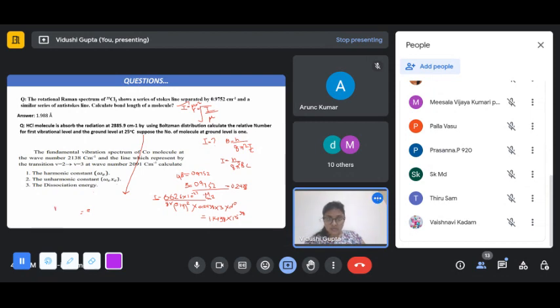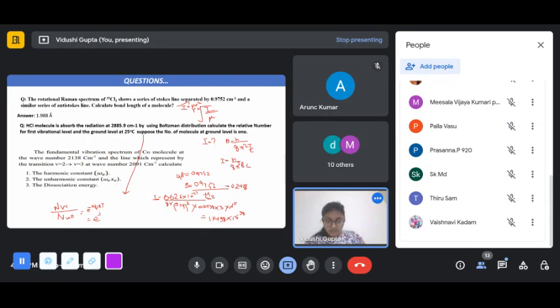So it's the relative number, e raised to power minus delta E by kT, or we can write it as e raised to power